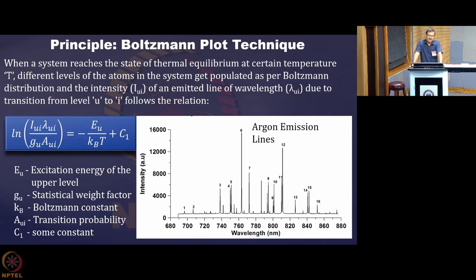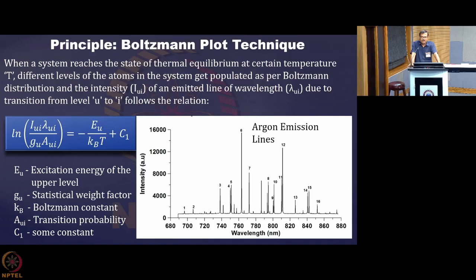Now, depending on the level population, the transition happens from a certain level to a certain level, and that emission is recorded by the spectrometer. So, the energy levels are very specific for very specific atoms. Like the hydrogen atom, you have all read the energy levels, where they will be, they are precisely determined. The same is true for every atom.